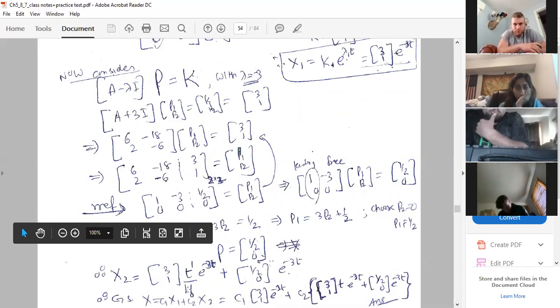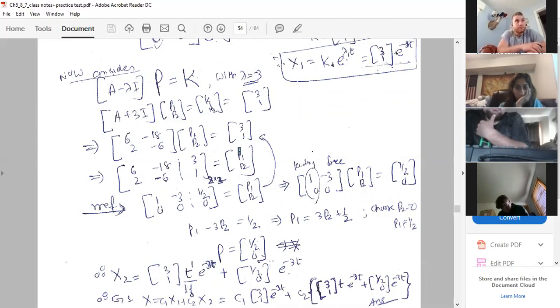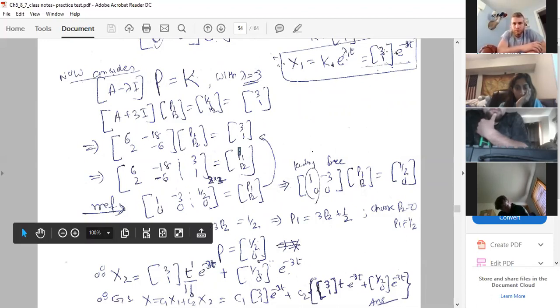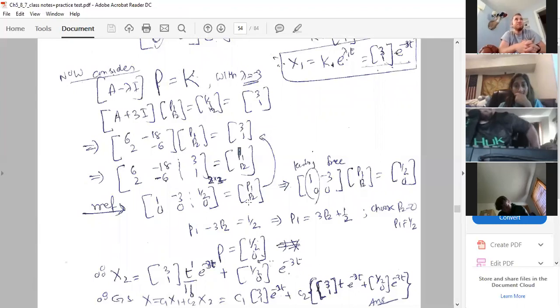If you are working with a 3 by 3 matrix, in that case, what will happen? You are multiplying your first solution by 3, 1, t square by 2 factorial. Now, as far as t to the power 1 and 1 factorial is concerned, it is 1 and doesn't make any difference. But if you have a 3 by 3 matrix, and all 3 roots are repeated,